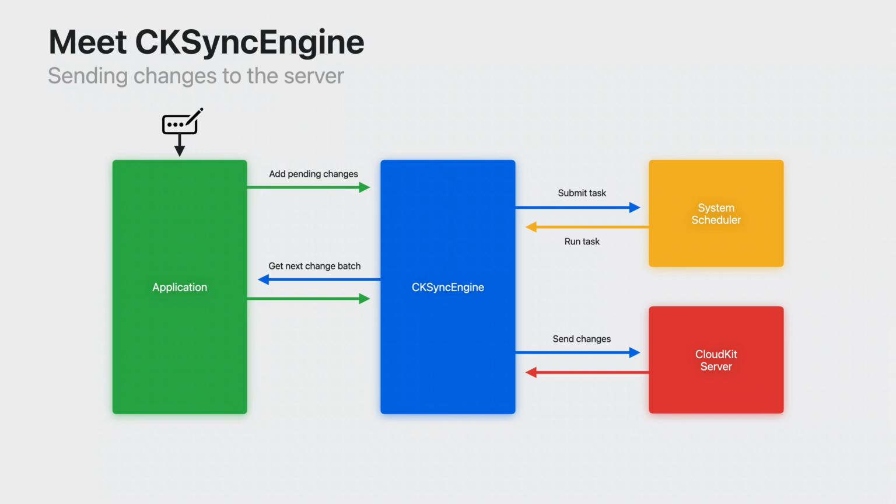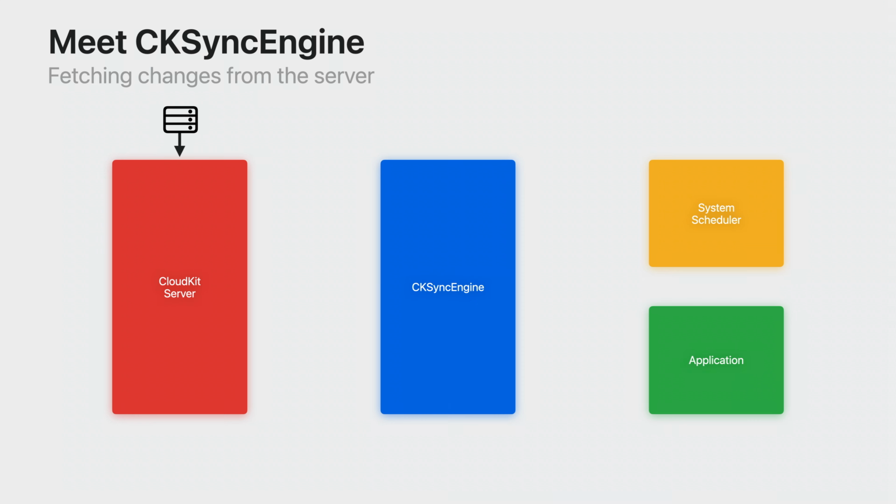The server responds with the result of the operation, including any information about the success or failure of these changes. Once the request finishes, the sync engine calls back to your app with the result. This is your opportunity to react to the success or failure of the operation. If you have any more pending changes, the sync engine will continue to ask for batches until there's nothing left to send. Now that one device has sent some data to the server, other devices will fetch that data.